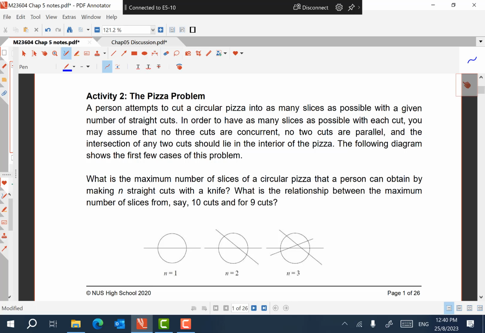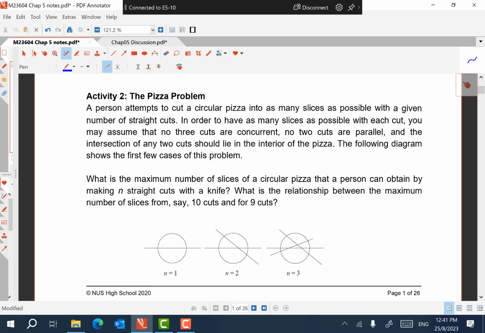But in this question, we are not worried about the sizes that you cut into. We just want to know with the straight cuts, how many pieces can we get? Like for example, when I do 1 cut, I get 2 pieces. When I do 2 cuts, in this case, I get 4 pieces. Admit that the 4 pieces are not of the same sizes. With 3 cuts, I get that many pieces. The question is,